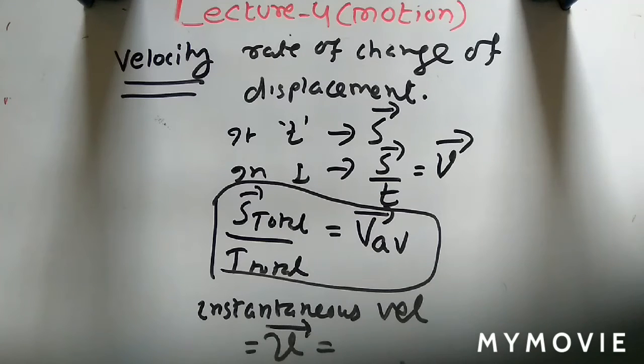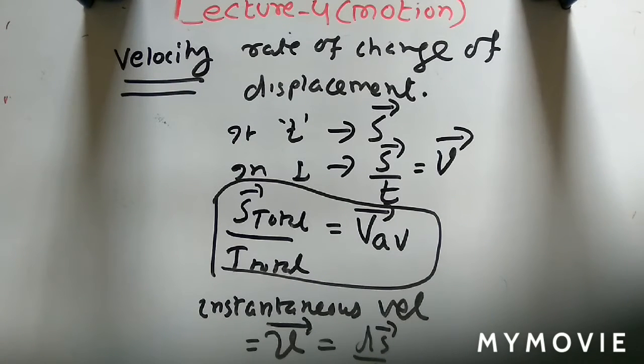So what is instantaneous velocity? Velocity at an instant. Suppose a bus is moving with different speeds. A bus cannot move at uniform, constant speed. So at a particular instant, what is the speed of that bus? That speed is called instantaneous speed. And if it is expressed as velocity, it is called instantaneous velocity. So instantaneous velocity v is defined as the rate of change of displacement, ds by dt, where dt tends to 0. This is a very small time, so this ds by dt is very small.